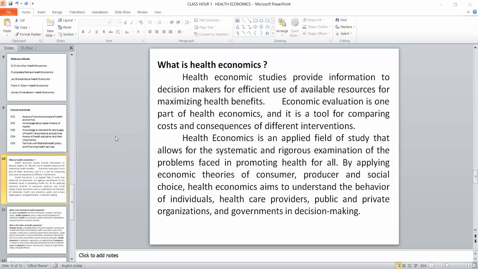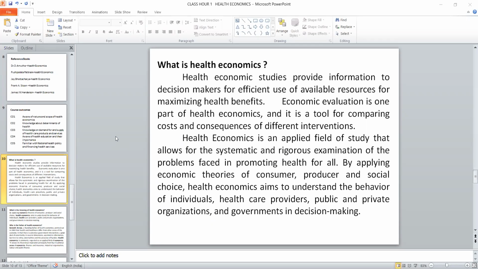The elders will say, you take this medicine, or you drink this kashayam. So some remedial action should be taken. Instead of having a trial and error method, if you have a pakka system, then it is called a healthcare system. What we are discussing about the healthcare system is health economics.